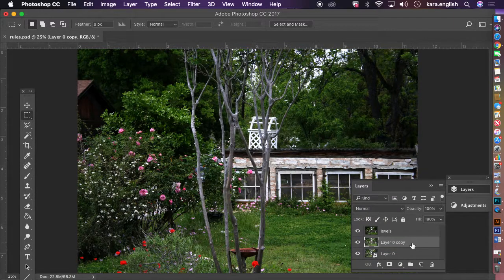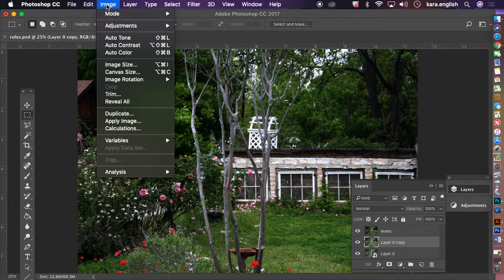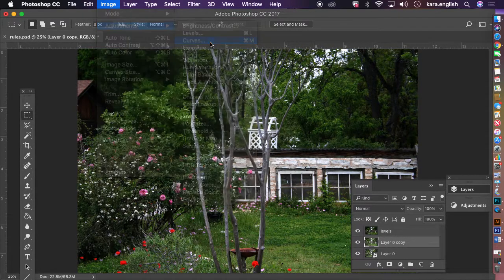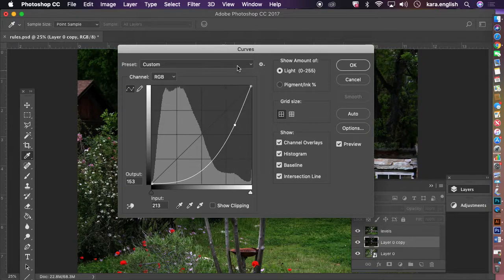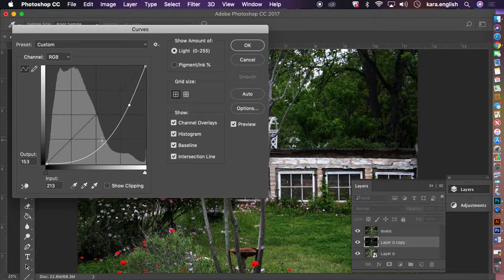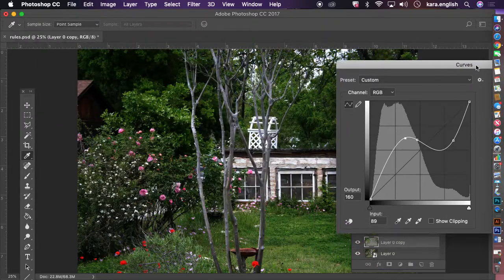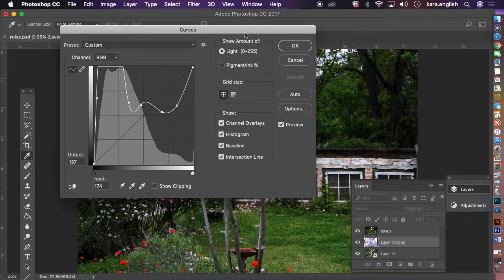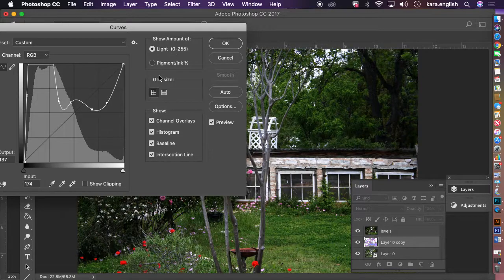Rasterize the layer, and I'm going to try curves, adjust curves, and it lets you be a little bit more dramatic because you can go back and forth and really play with as dark as you could become, or show amount of light, show pigment,